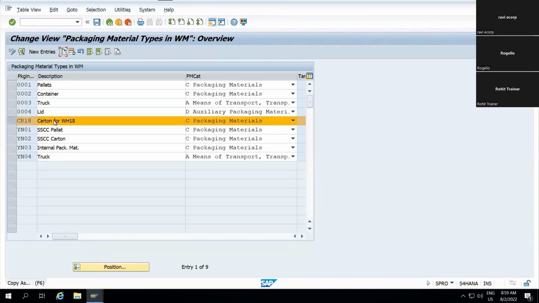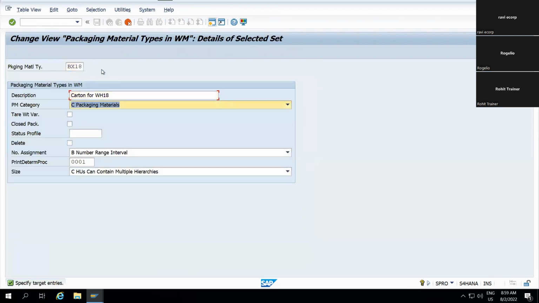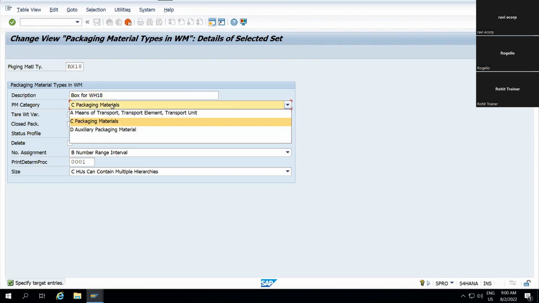I'll copy this and maintain VX18. Here, need to change the description. Same. In S4, we had four options, but in EWM, we have 3 options because they have grouped transport element and means of transport into option A. Okay. So since we are creating packaging material to create the handling unit, we need to select option C as